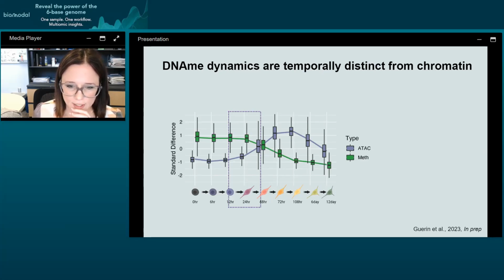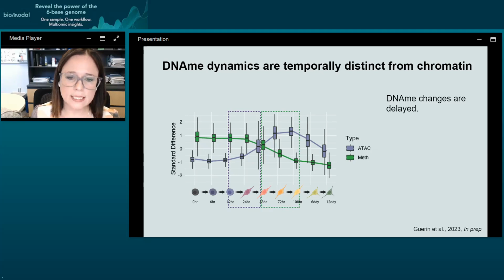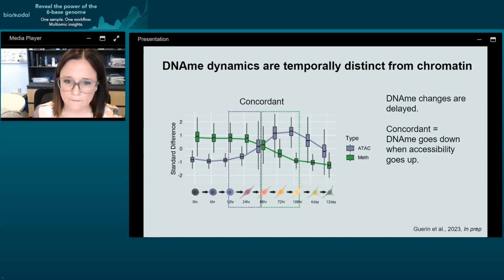If you look at methylation, though, what you observe is that you do see that these regions get demethylated, but this doesn't happen exactly at the same time as accessibility. This is sort of happening in a delayed process subsequent to changes in accessibility. But we would still consider these changes to be concordant because as regions are opening and becoming transcriptionally permissive, they're